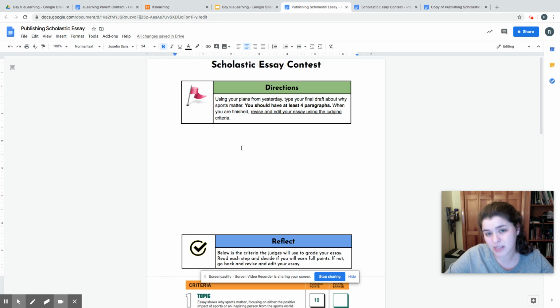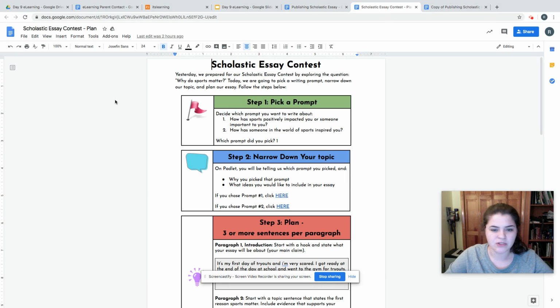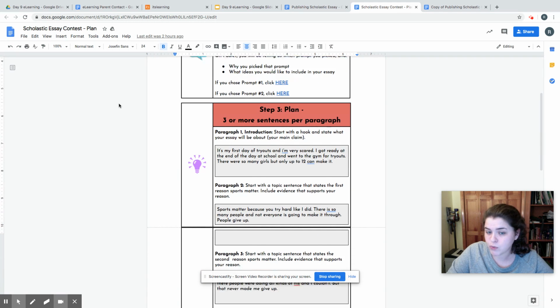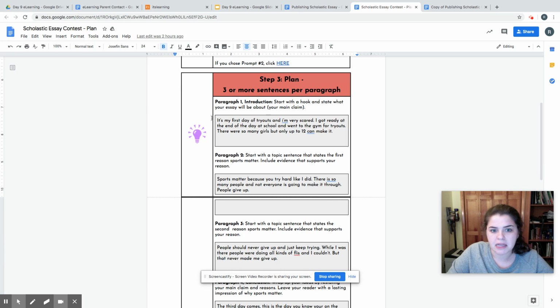I am using someone's plans today. I'm not going to tell you what their name is because I'm not sure if they would like me to share that. But I am using their essay. Here's their essay that I'm using. There's no name attached. If I scroll down to my plan, which is what you will do, I'm going to copy over my plans. So here's my paragraph 1, my introduction. So I will copy it